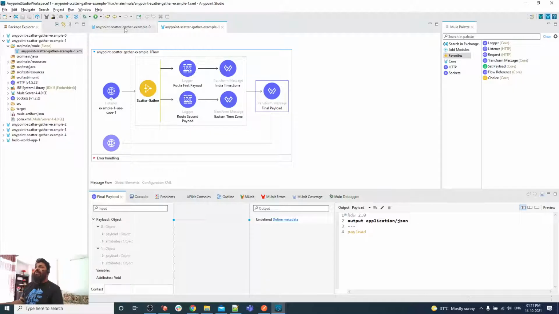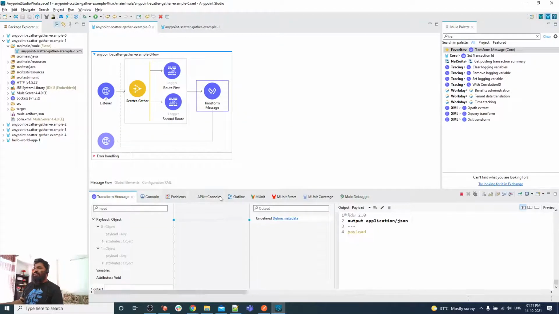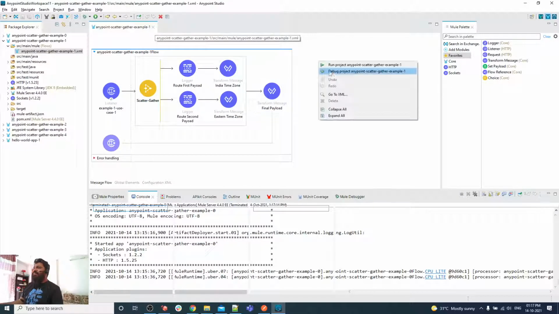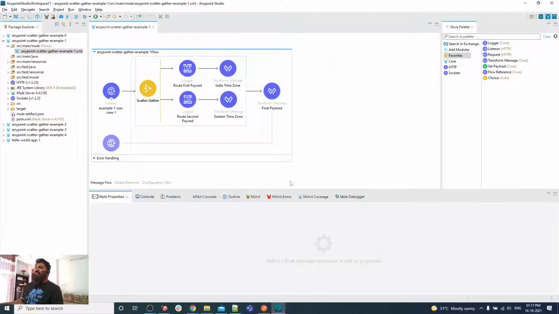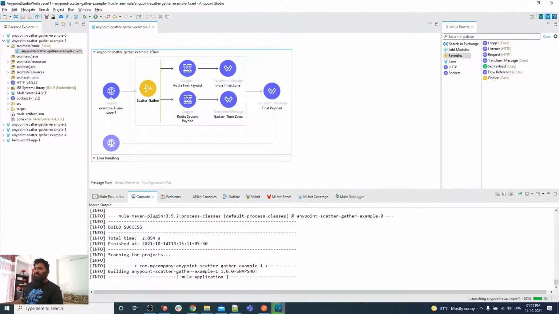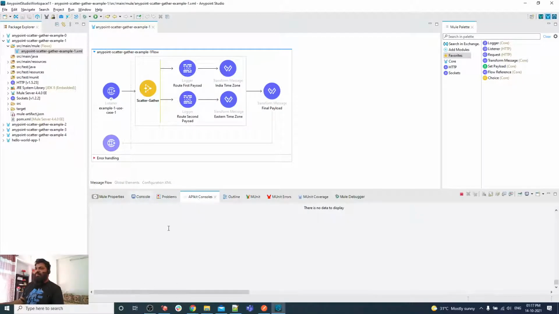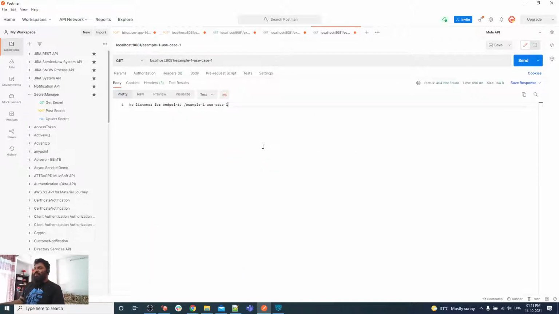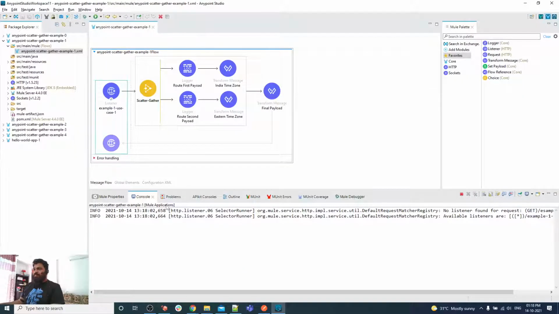Let me stop my Mule runtime, close this existing one, and deploy this application. Yes, as you can see, my application is deployed. Let me send the request. What is the path we are using?